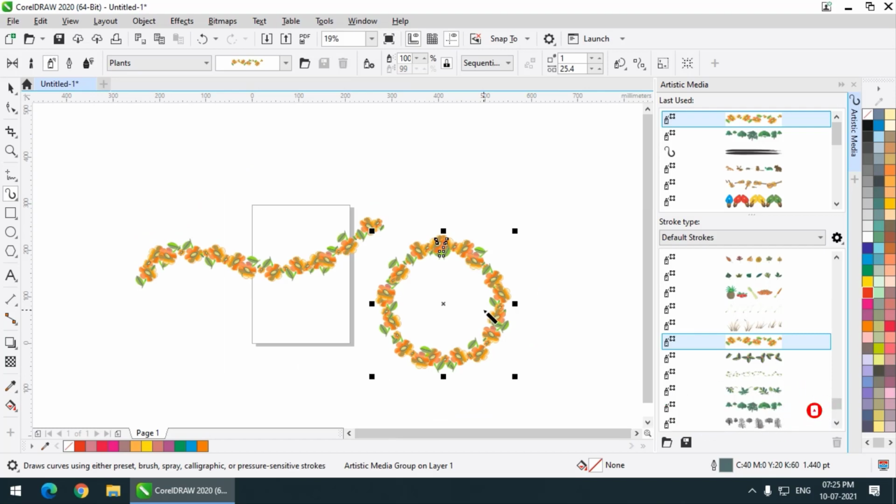There are plenty of options. You have to check it yourself, otherwise you won't be able to find what the different strokes are that are available in this particular group. You have to check it out yourself.